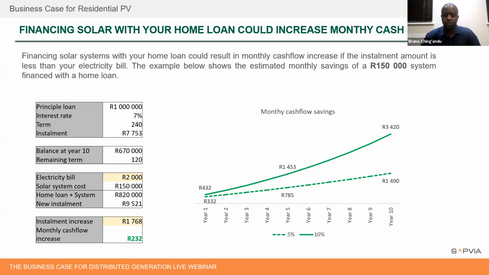And if the solution is able to take care of the client's entire electricity costs, what we would see is the client would immediately have a saving of 200 rands every month for the first year. And as time progresses, these savings go up because we expect the price of electricity to keep on increasing. And so what we see is in